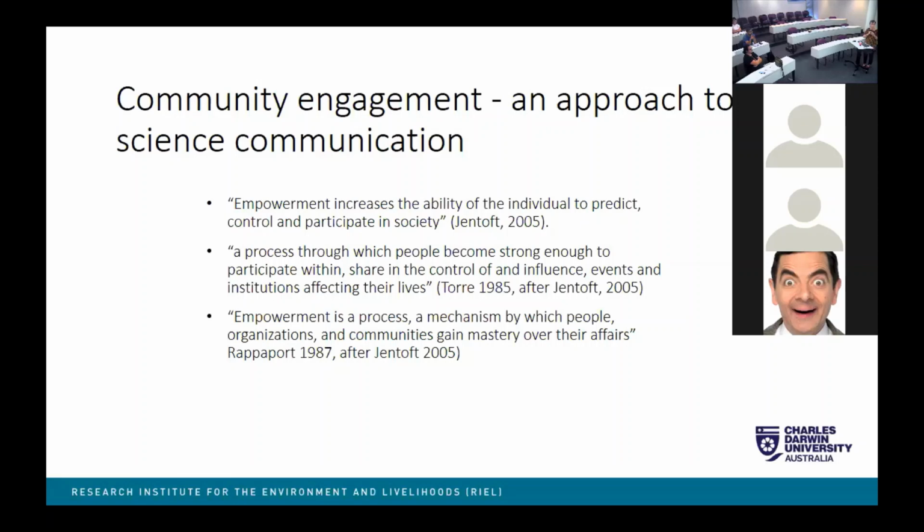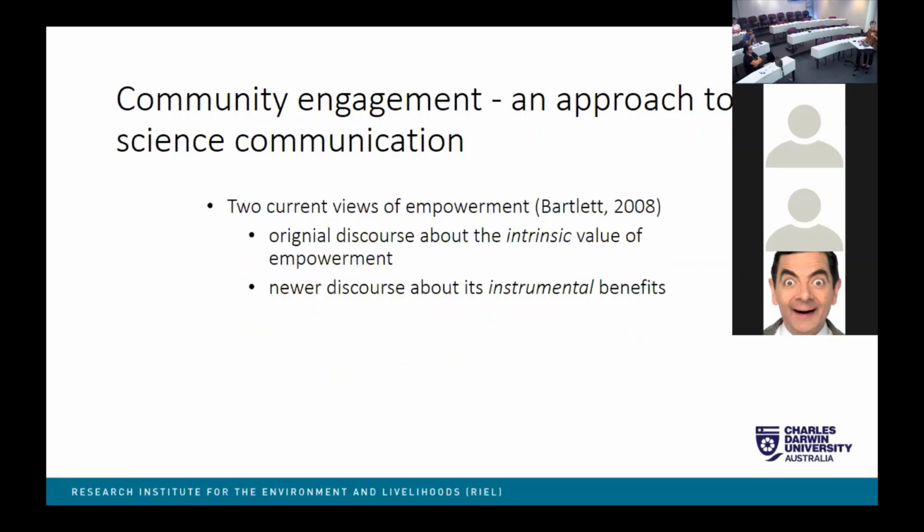Jen Toff has quoted other people there. But the way that empowerment is thought of has changed more recently. Originally it was about the intrinsic value of empowerment, like human rights, civil rights, people's liberty. Whereas now it's more thought of in terms of instrumental benefits. So for example, I want to control dogs because they're dangerous to people, wild dogs I'm talking about, and they're destructive to animals. And if I can,